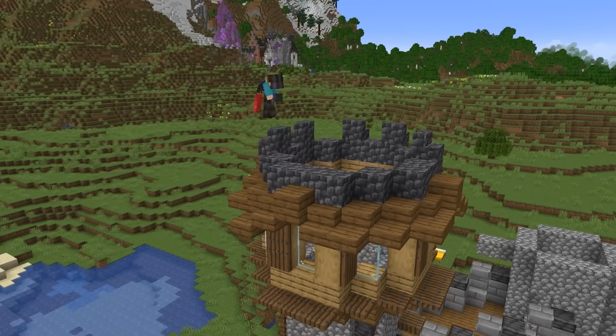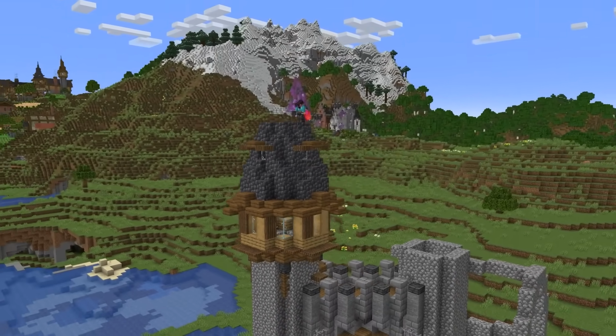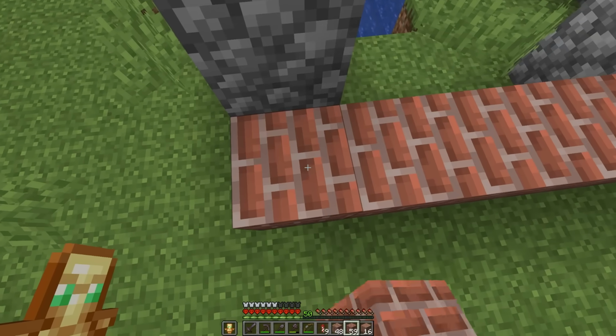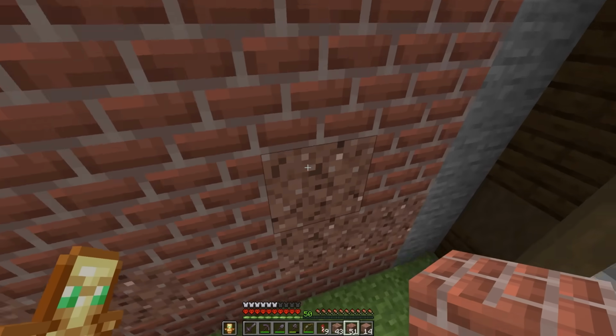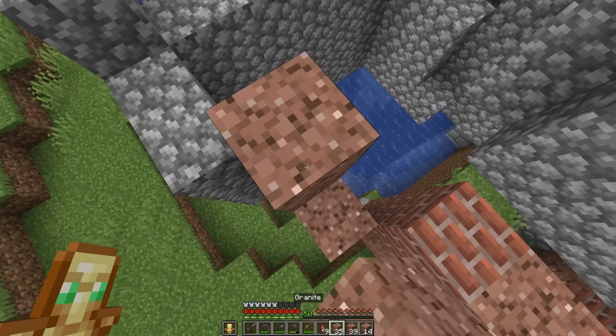Now from there, I decided to throw in a cobble deep slate roof sticking high up into the sky with, you guessed it, more windows for ourselves, and it's looking fantastic up there, before moving on to the barracks house structure, where I don't really know what I want to do yet, but I knew I wanted a brick and granite base, so I threw all of that stuff in here, just cramming in as much detail